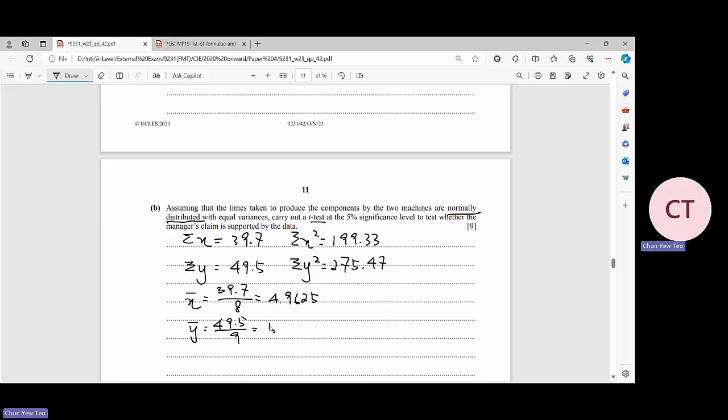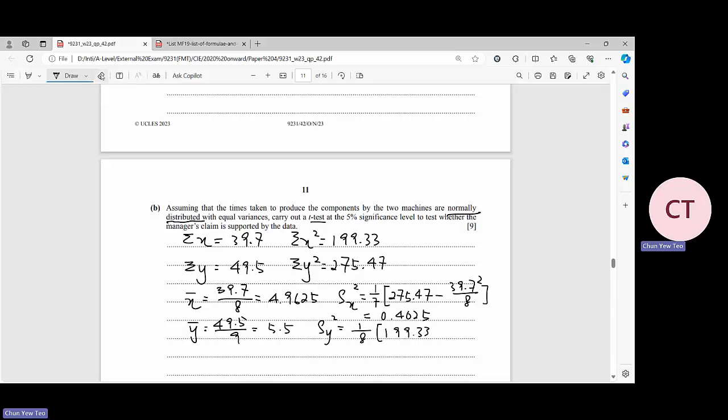This one, you will get 5.5. Then to find the unbiased estimations of the population variance of x and the unbiased estimations of the population variance of y, the formula is 1/7 of 275.47 minus the 39.7 square over 8. Press the calculator, you will get 0.4025. Same thing happened here, 1/8 of